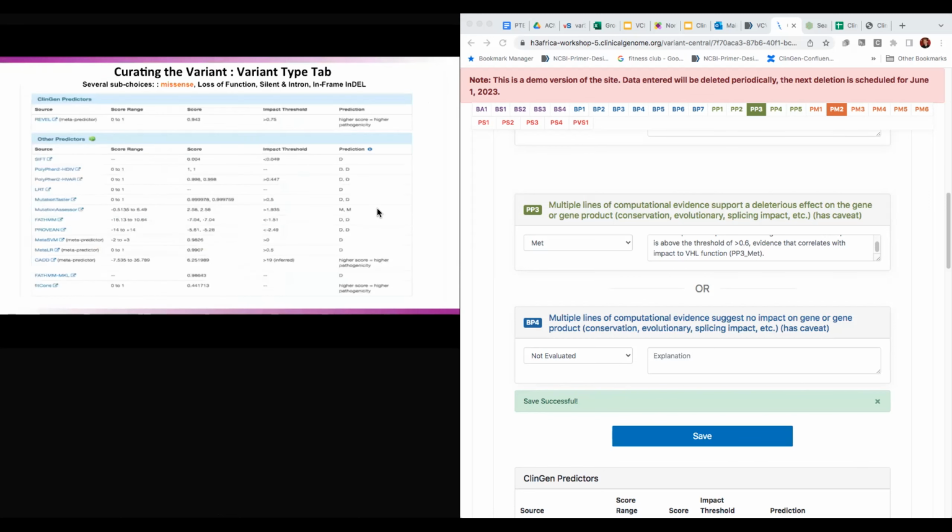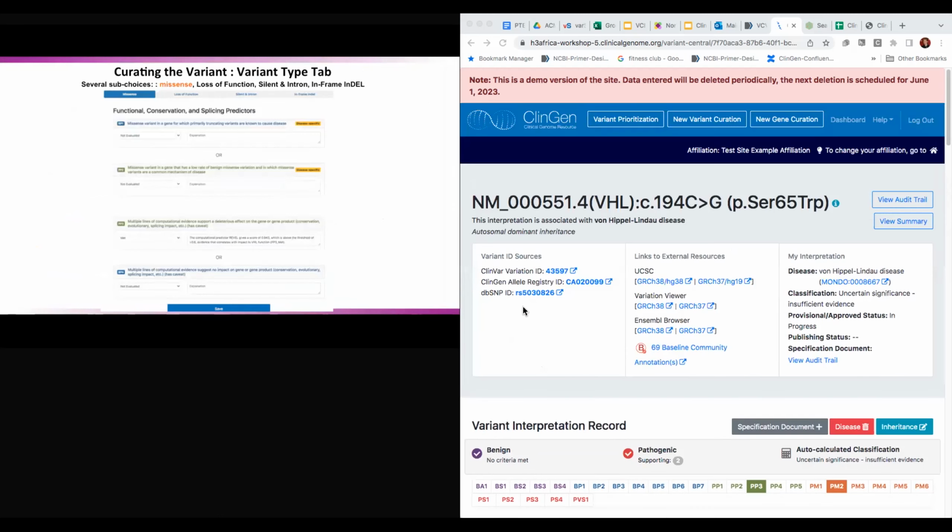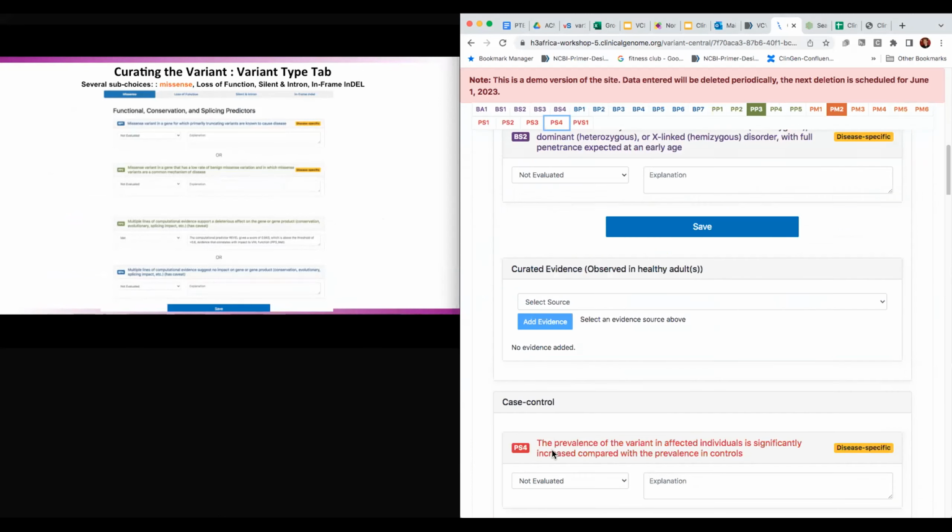Deb, do you want to scroll up and show what the auto calculation is? Yes. So right now we're still at uncertain significance. We have a moderate code and a supporting code, and you can see here that there's two pathogenics here. Well, we have two supporting actually, because we downgraded this to a supporting code. So we have two supporting codes. So our auto calculated classification is still uncertain significance. So let's add our PS4 code, which is the population,